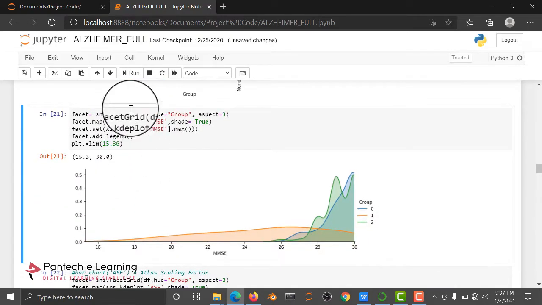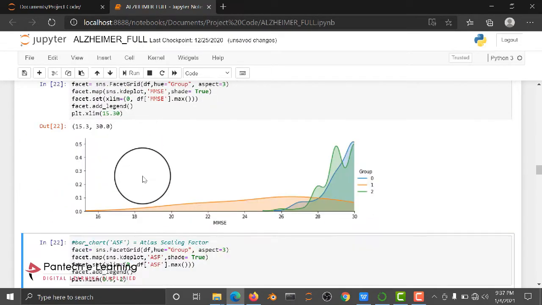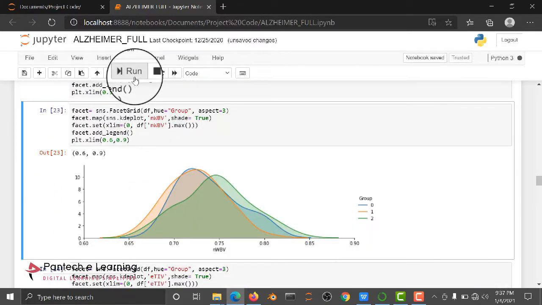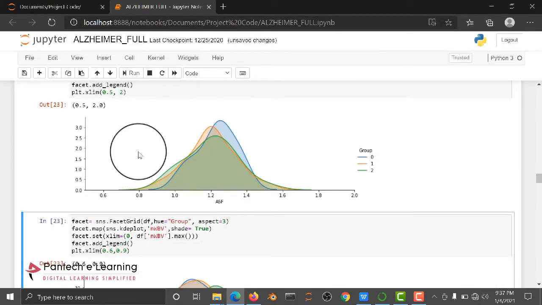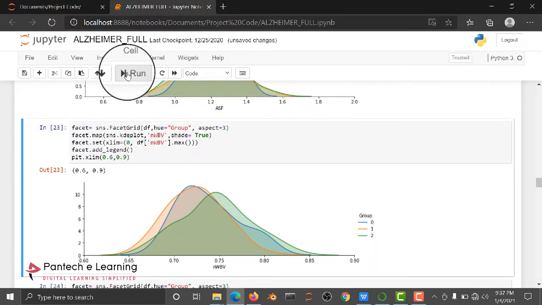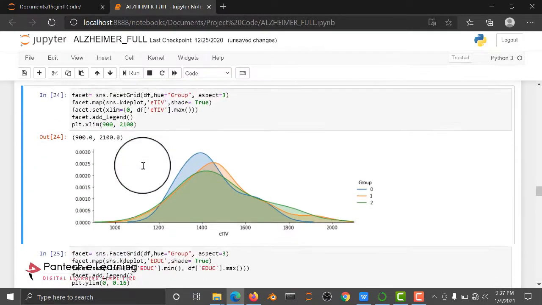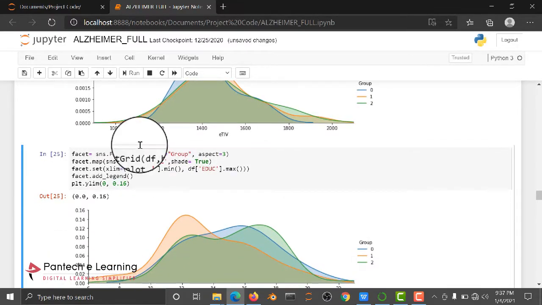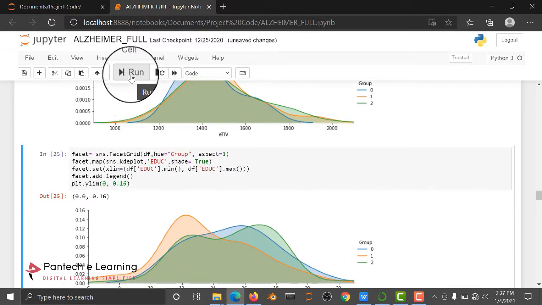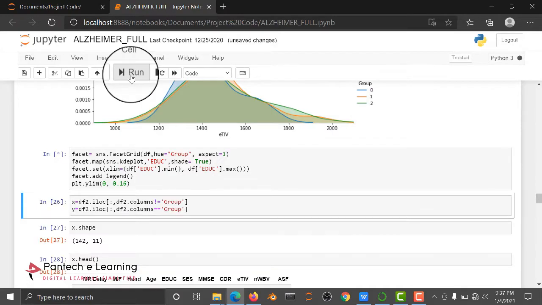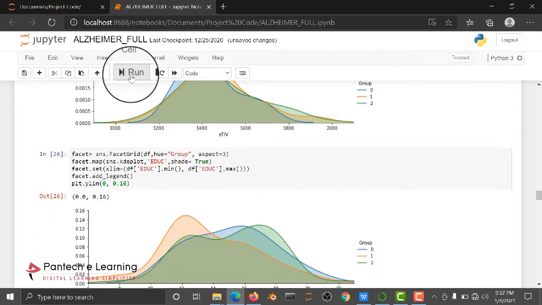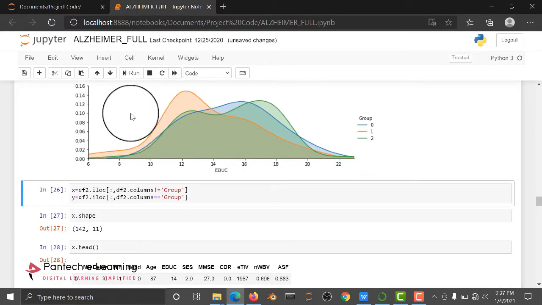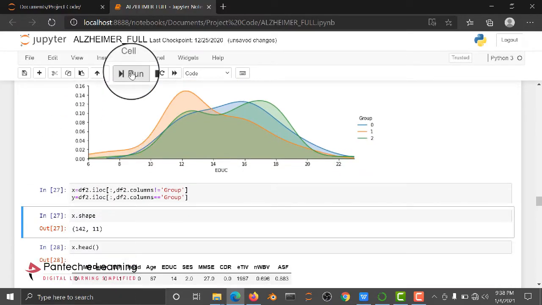And here we have a facet grid, and these are all graphs showing how our data is distributed in my data set. So we are just checking the distribution of each and every column. It should be in the form of left corner 25%, center 50%, and then the last part 75%.